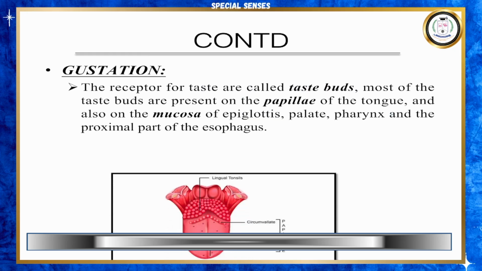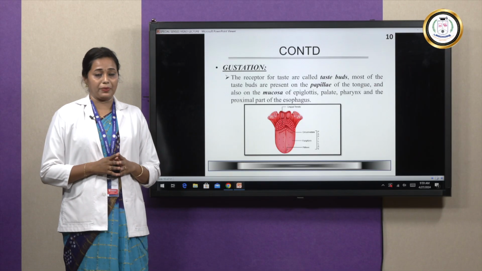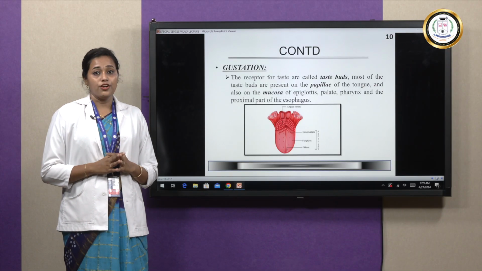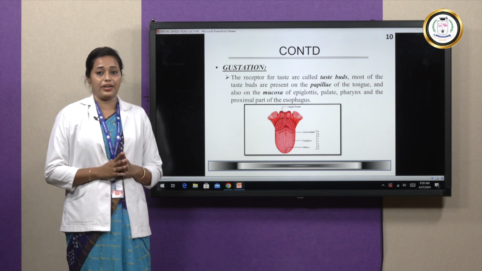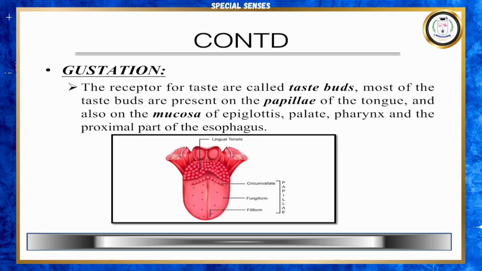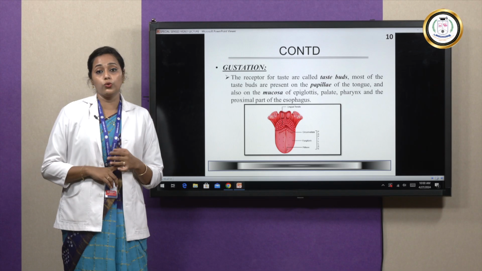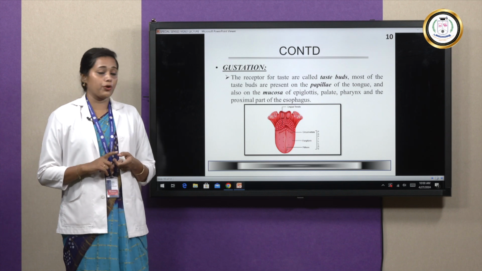papillae of the tongue. The papillae of the tongue are ridge-like structures present on the surface of your tongue. We have three types of papillae: circumvallate papillae, fungiform papillae and filiform papillae. These three structures are present on the tongue in the form of ridges. Mostly, the taste buds are present only on the papillae. Along with that, a few taste buds are also present on the mucosa of the epiglottis, palate, pharynx and proximal part of